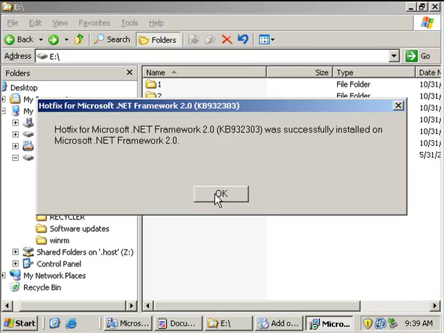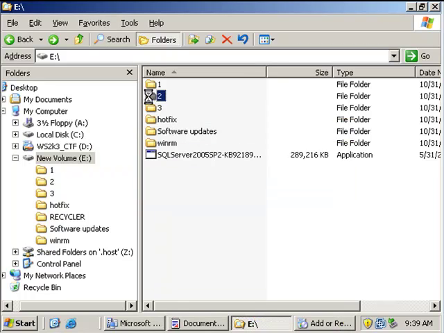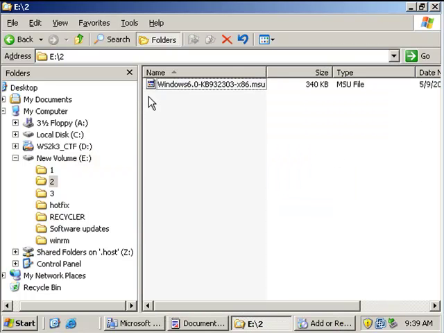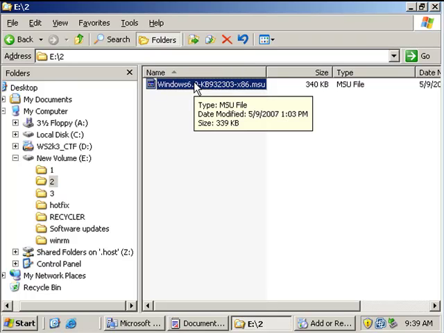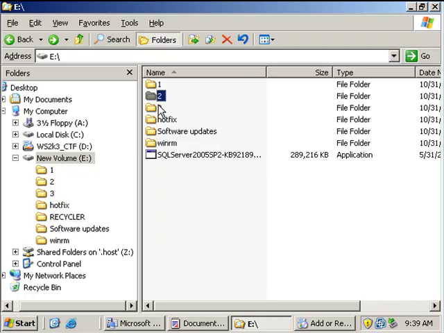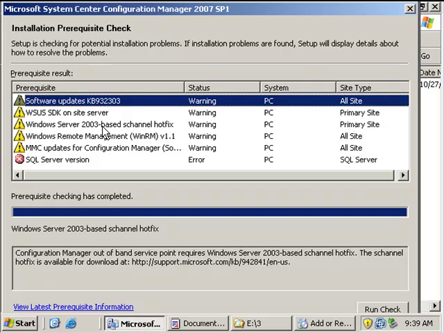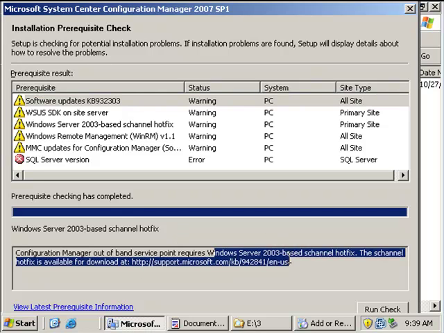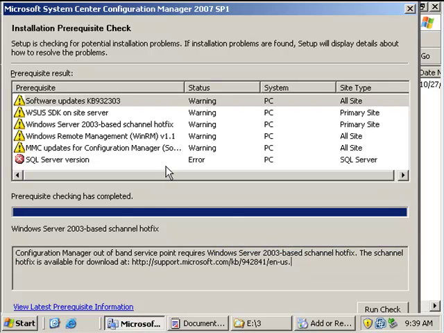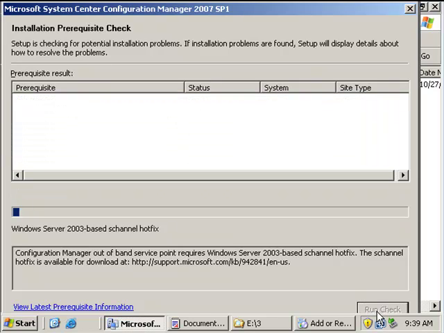Okay, so that took a couple of minutes, and then we follow on with the second updates. Now all these updates you're going to find are available on the Microsoft website, and you can download them accordingly by the links provided in the checklist. So we're currently at this stage here. So now if we run the check again,